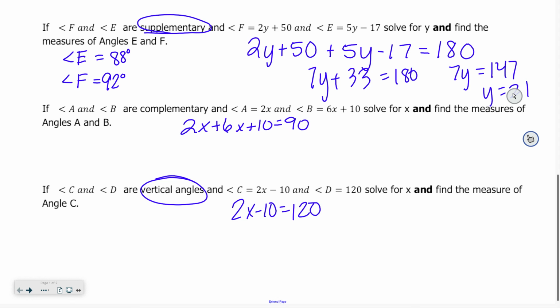Okay? So, supplementary 180, complementary 90, vertical angles equal to each other, linear pair what? Adjacent and supplementary. So 180 as well. Okay? All right, so I'm going to give you